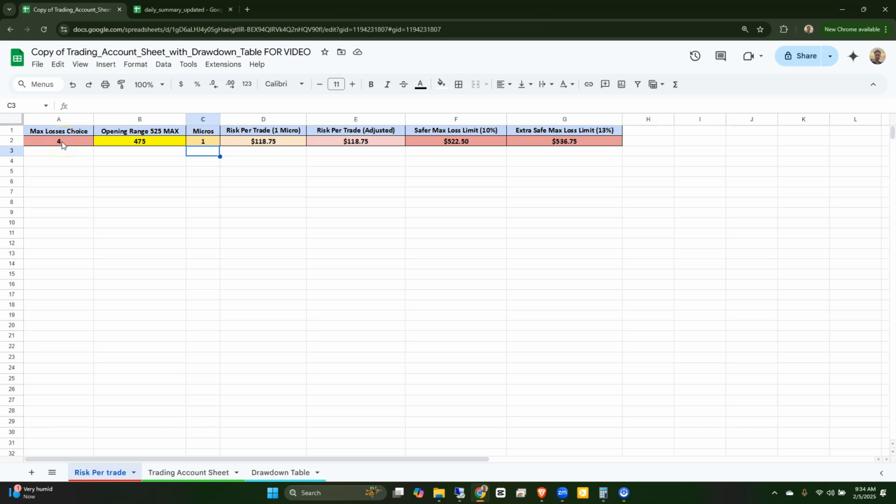However, those losses pile up. If there ends up being 4, it could be 4 right off the bat in a row, or it could be a mix of wins and losses in any sequence. However the sequence goes, if at any point there are 4 net losses down, we will stop trading. We can see here by the spreadsheet that our max loss would be $522 on that particular day. So with this example of a 475 tick opening range day, I am risking